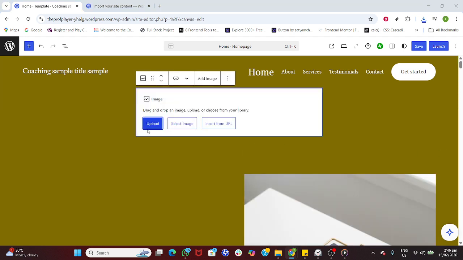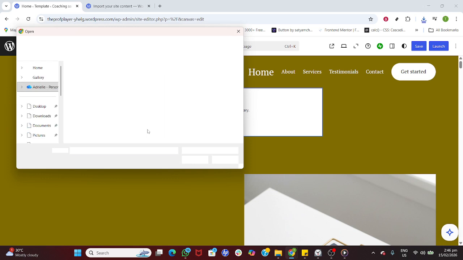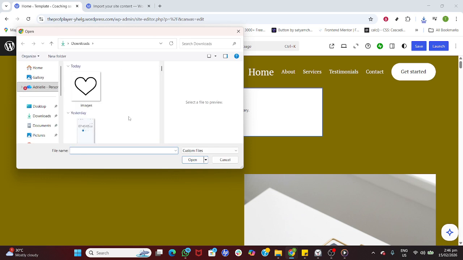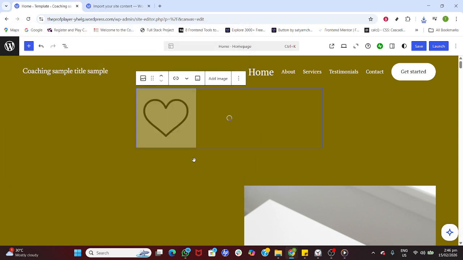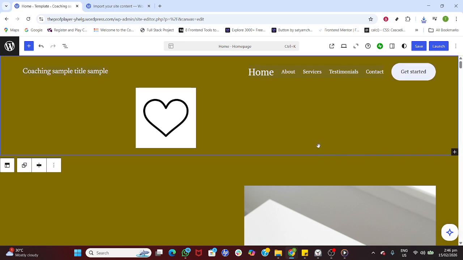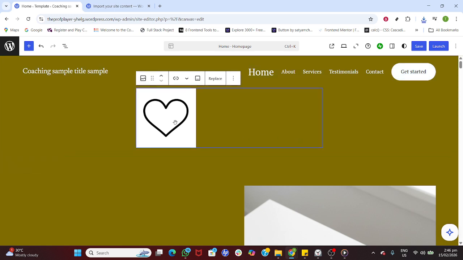Next, locate an existing image or icon block in your header, such as a small cart or user icon. Click it once to highlight the group it lives in, then click again until the single image block itself is selected. You'll know you've got the image when its individual toolbar appears. If you accidentally select the entire row or group, just click the image again to drill down to the block